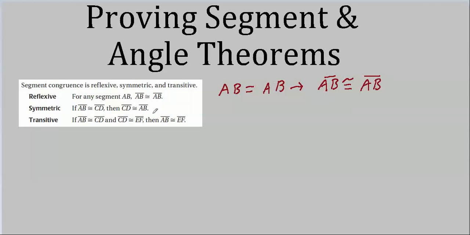And all these proofs were just the same way. All you have to do is write down what you know about the length of the segments. For instance, if we drop the segment symbol so that this is the length of AB equals the length of CD, and the length of CD equals the length of AB, then we know from our transitive property of equality that the length of AB